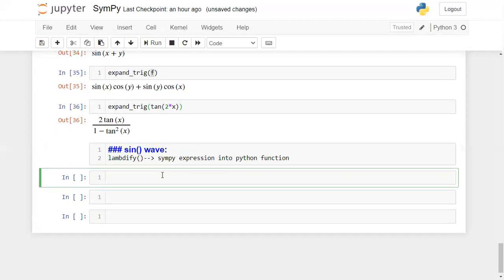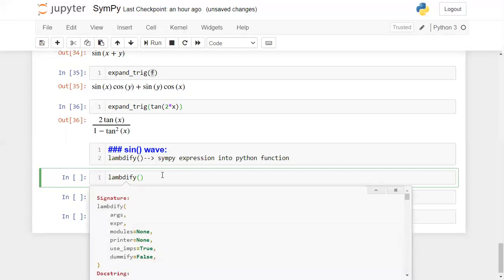I'm going to use a simple plot which is there in Matplotlib. Before importing all these, first you need to create a Python function for this sine function. For that we need to use lambdify.